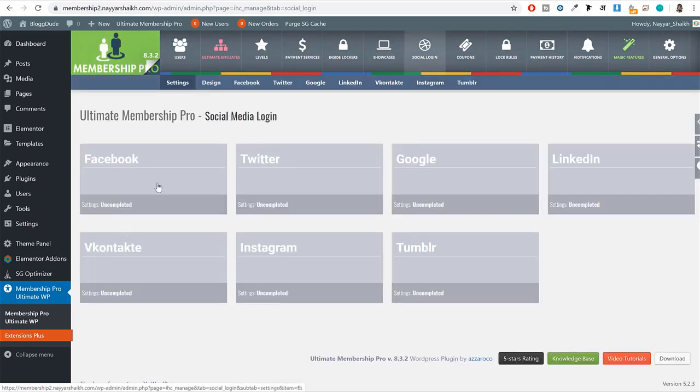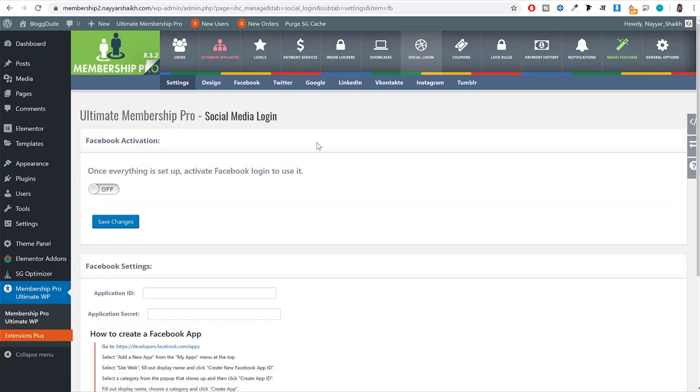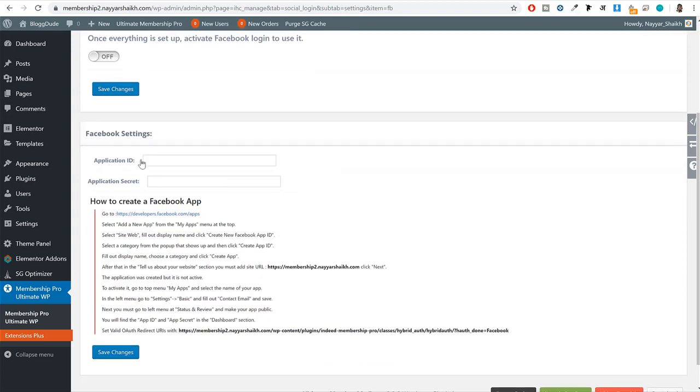Now let's set up Facebook. So click on Facebook. So with this, a person can come to your website. They can click on register with Facebook. Okay. So for that, we just need the application ID and application secret. And for that, you have to open this link in a new tab,